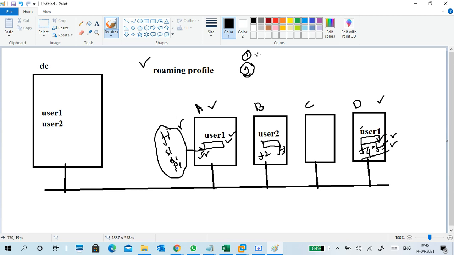So what is my first scenario? A roaming user logs in today on one PC, working for a few days. After that, he has to go to a different department, and again he logs in there and has to work on a different floor or a different system. So his profile data is not coming with him. What do we have to do? For that type of users, we have to make the user a roaming user. Okay, this is the first scenario.